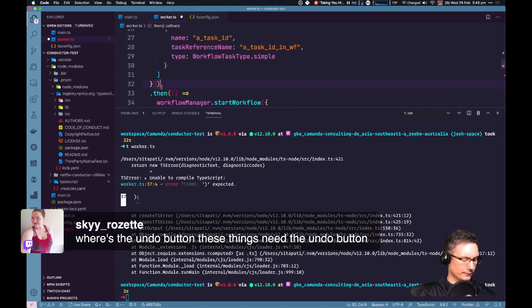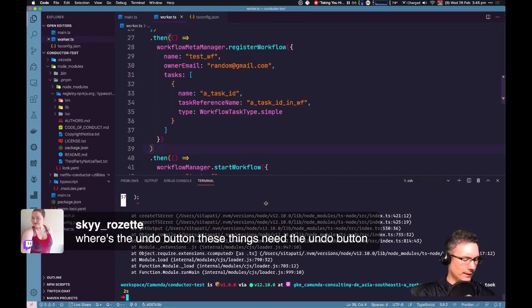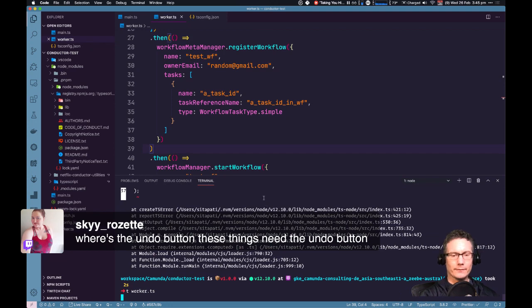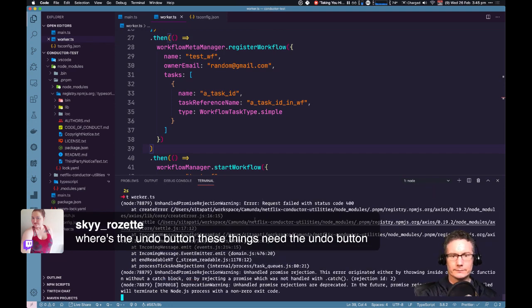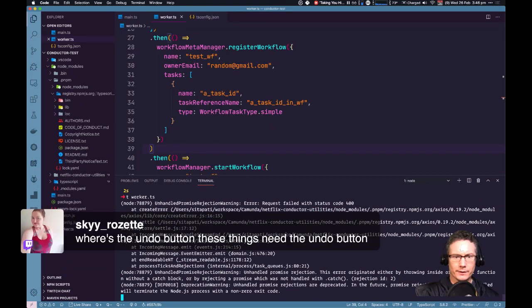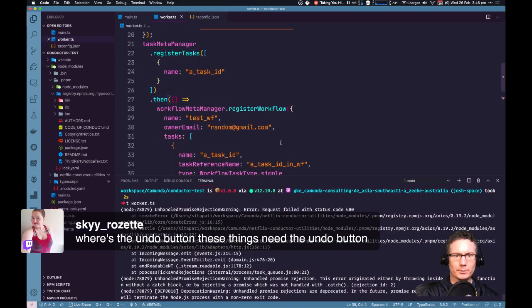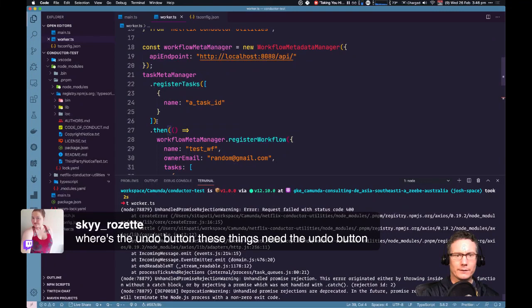Here. Now it will work. Okay, request failed with status code 400. Okay, so there was no validation errors on that, which means probably that it happened here.